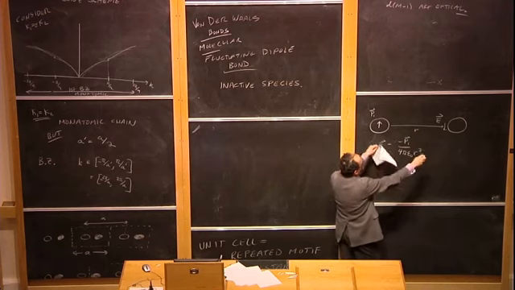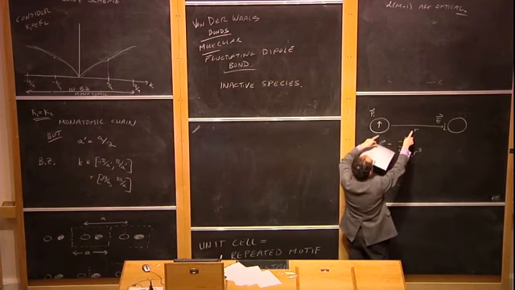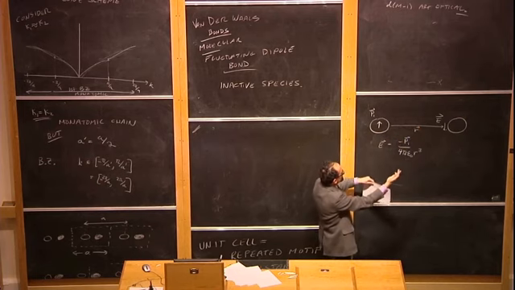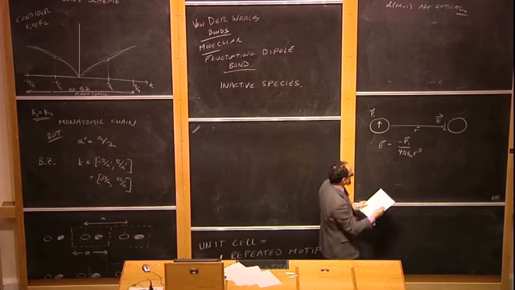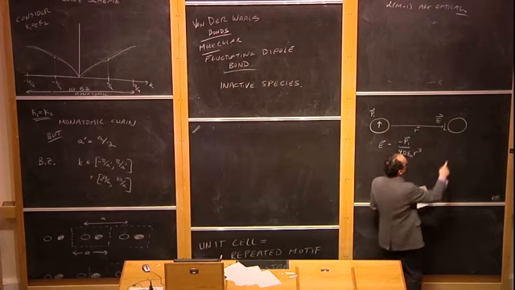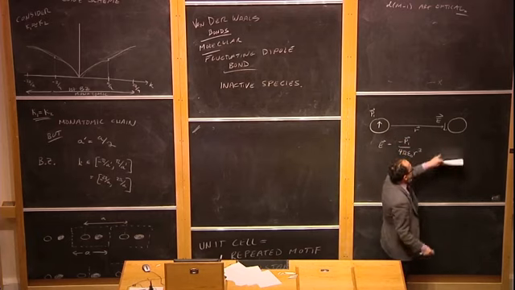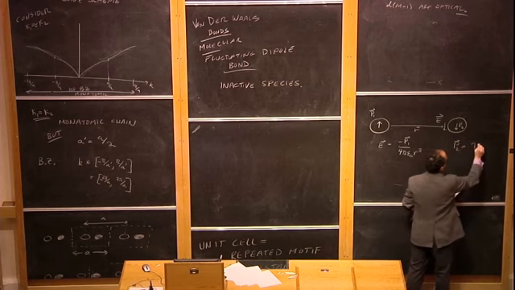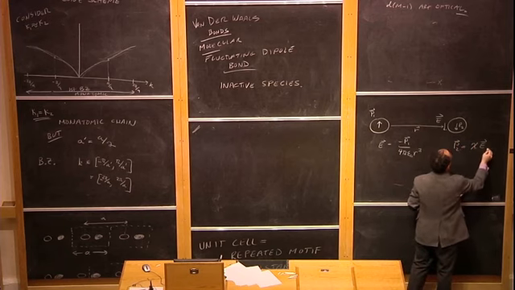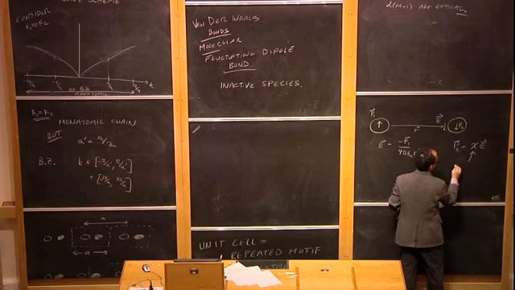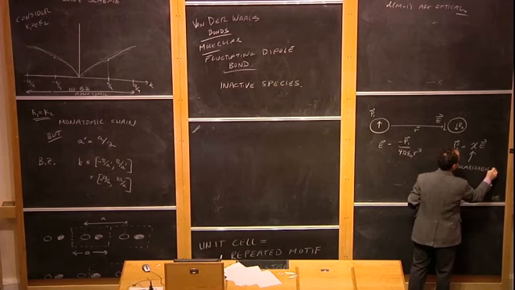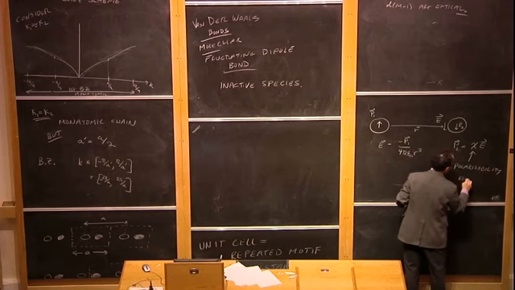And if I had drawn the angles differently, I conveniently chose r to be perpendicular to the moment there. But if I didn't make them perpendicular, there would be some cosines and sines and stuff like that, which I'm leaving out. Now, when this atom experiences this electric field, it develops a polarization. It gets an induced polarization, P2, which is chi, some constant, times E. And this constant here is known as the polarizability, or electric susceptibility,